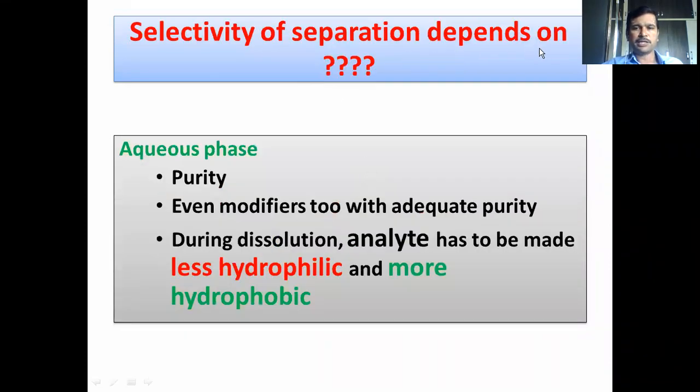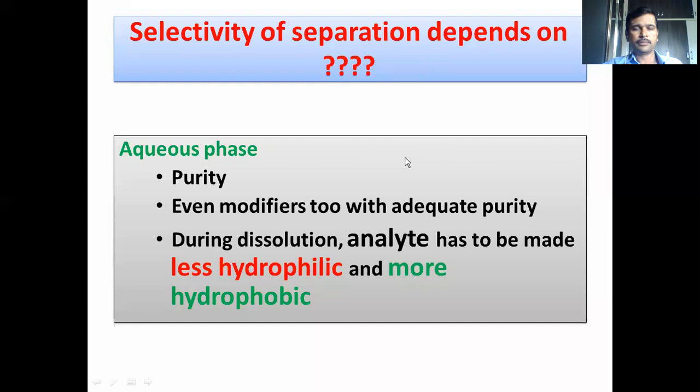Selectivity of separation is very essential. In any separation process, selectivity is very essential. What is selectivity here? And what are the factors which decide the selectivity of separation? Selectivity means if we are intended to extract a metal, or an analyte in general,